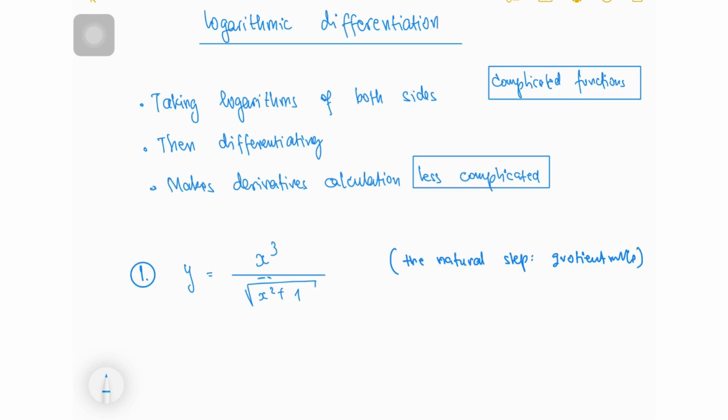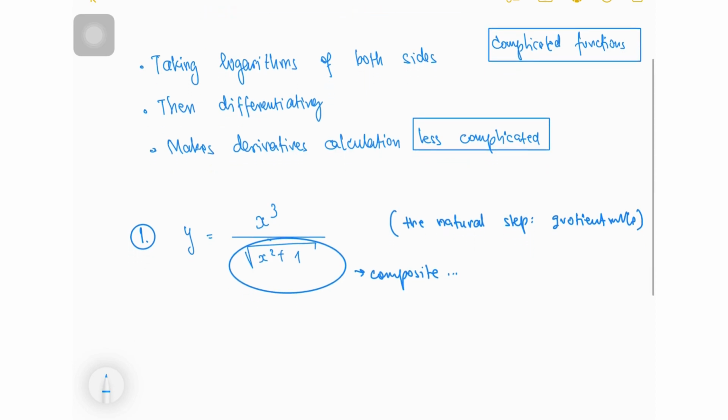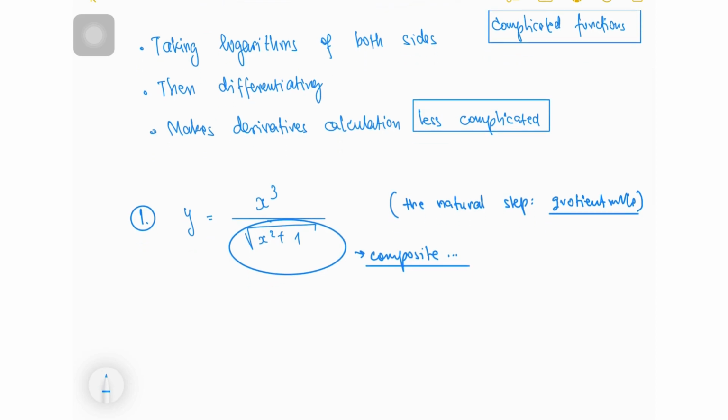But the problem here is that you have a square root function, and then inside the square root function you have x squared plus 1. So this is a composite function, which again increases the steps of calculations. So instead of going with the quotient rule and the composite function together, we are going to first simplify this function,